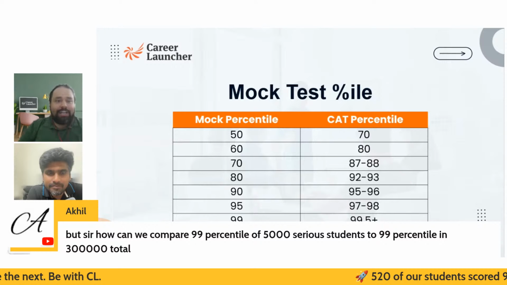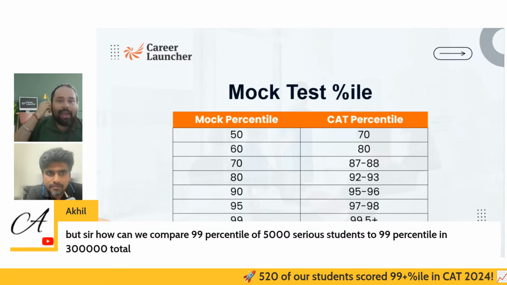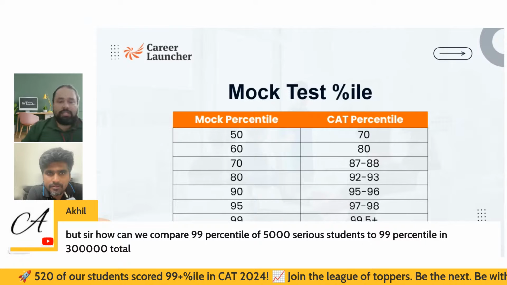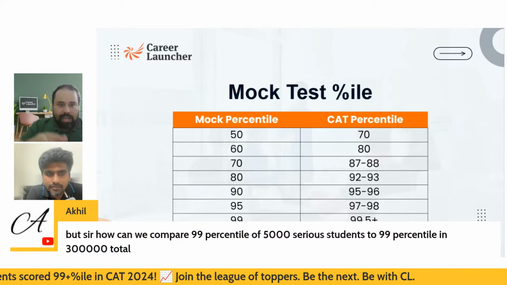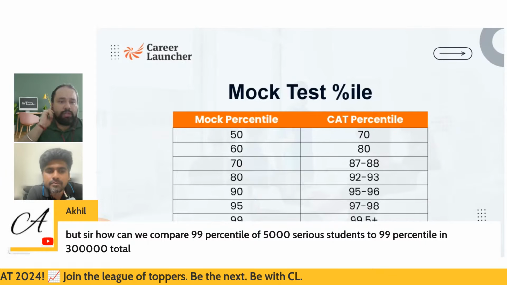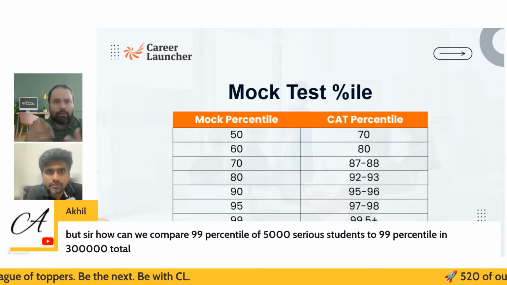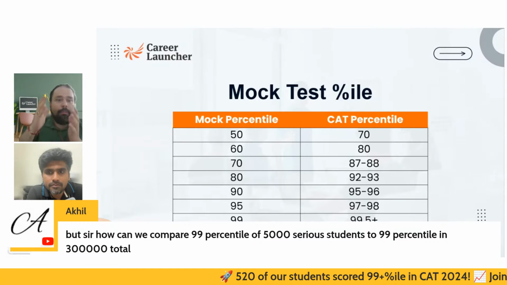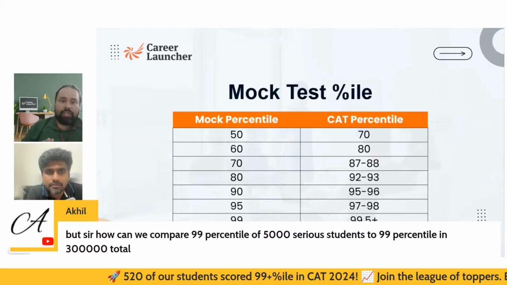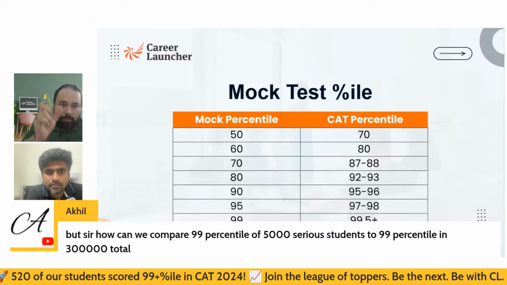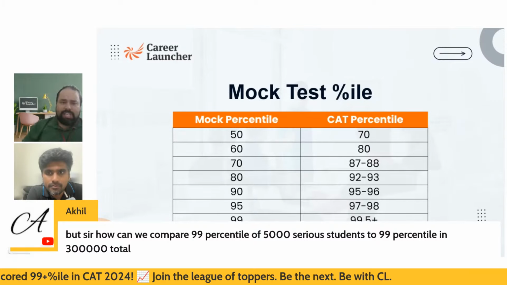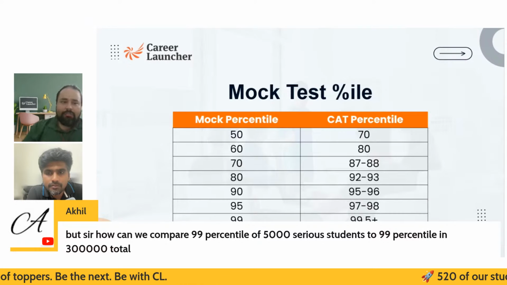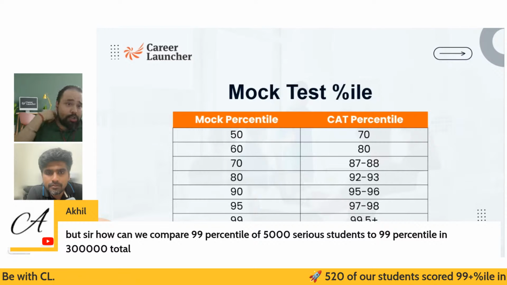So you will find some 40-50% of the janta writing CAT are making up numbers, which is why we state generally your competition is with 50% of the janta out there. Now, like Akhil pointed out, say in a particular mock you score 50 percentile. Say there are 10,000 people, calculation easy karne ke liye, that means your rank is 5,000. Now, it is fair to assume you will be better than the 1.5 lakh people out of 3 lakh who are just making up numbers. So in the remaining 1.5 lakh, you should be at 50 percentile again, if the mock is mimicking. That means your rank suddenly is 75,000 out of 3 lakh people, which is slightly above